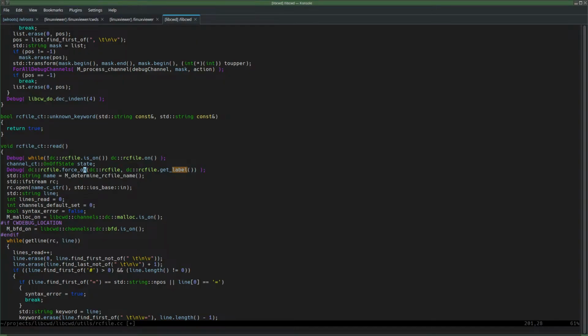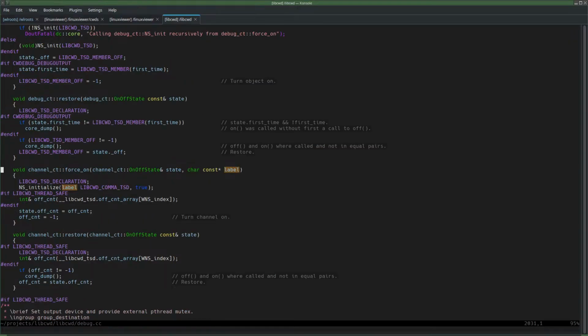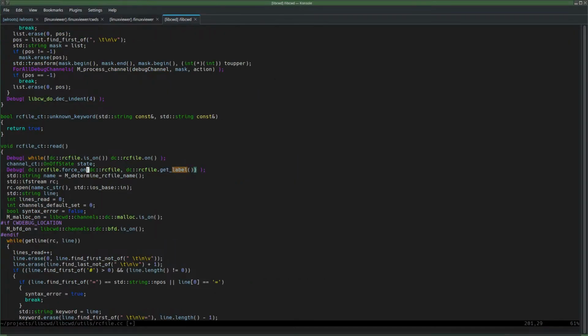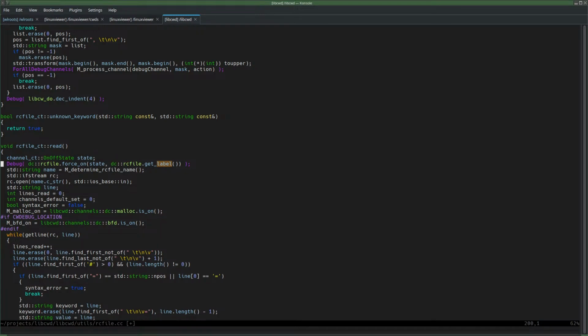And then our C file is on, and then the force on is called on, also on the general class type. Oh, I pass a reference to a state. So this is nonsense. This must be state. And that's better, because now we can restore the state. So if I would immediately want to restore it again,